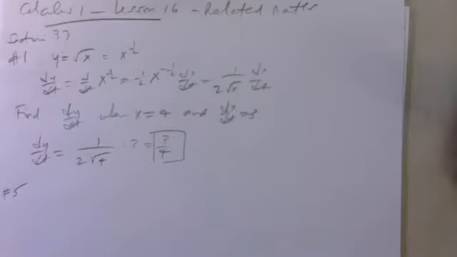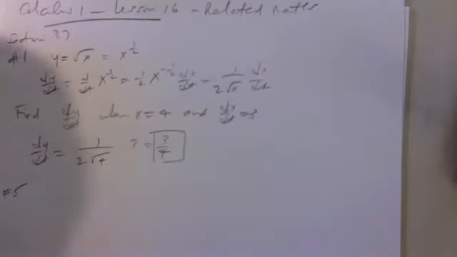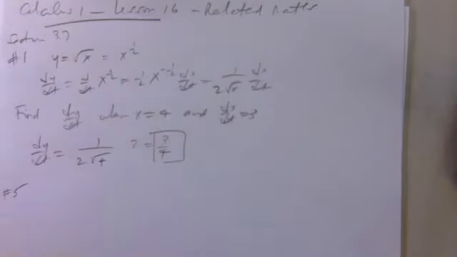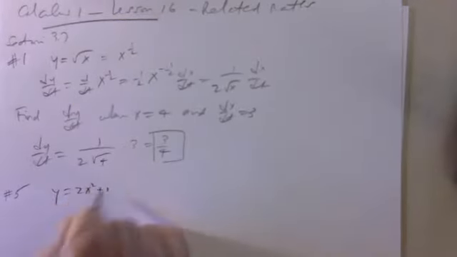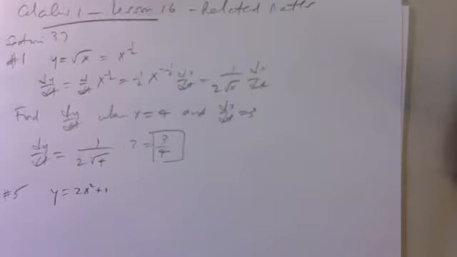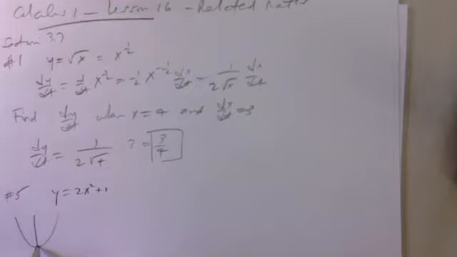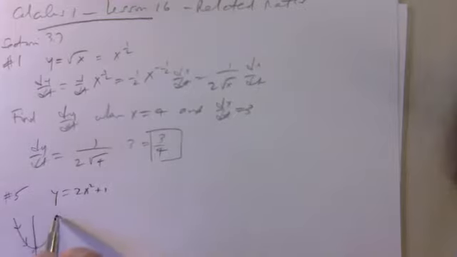A point is moving along the graph of the function y equals 2x squared plus 1. What is that, by the way? Well, that's a parabola. So we have some particle moving along this parabola,